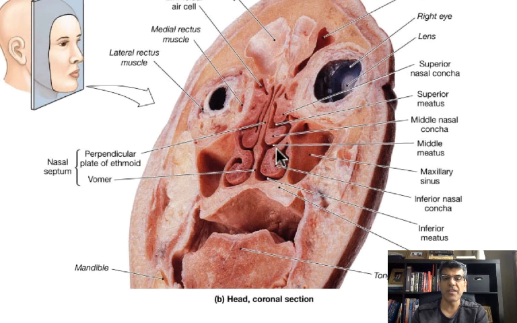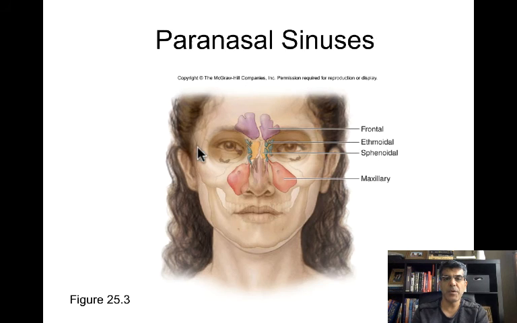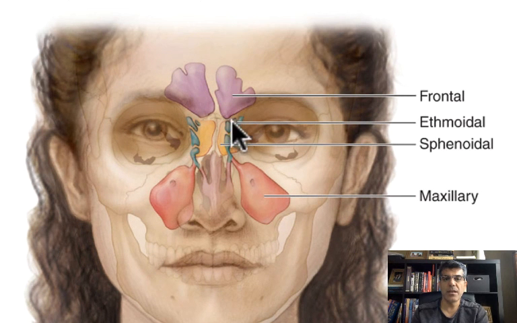Surrounding your nose, there's a bunch of cavities, and those are called sinuses. For instance, the maxillary bone has a cavity inside. It's called the maxillary sinus. The ethmoidal bone has a cavity inside, but because the sinus inside the ethmoid is pretty small, sometimes we call it an air cell, but it is a sinus anyway. The frontal bone also has a sinus. It's called the frontal sinus. The sphenoid bone also has a sinus. It's called the sphenoidal sinus. Look at this picture. Here is your frontal sinus, ethmoidal sinus, sphenoidal sinus, and maxillary sinus. These are the cavities that you have around your nose.